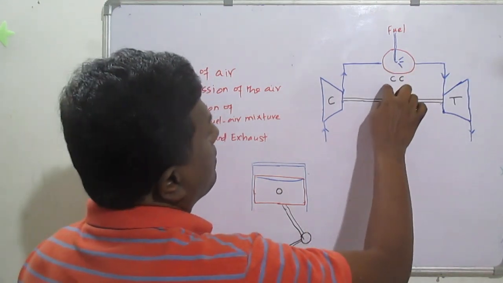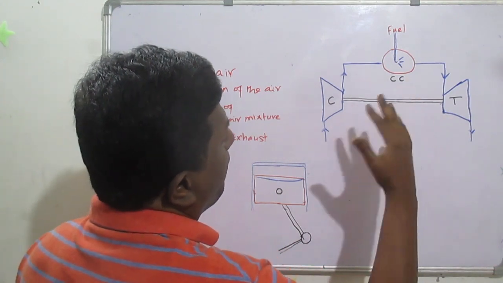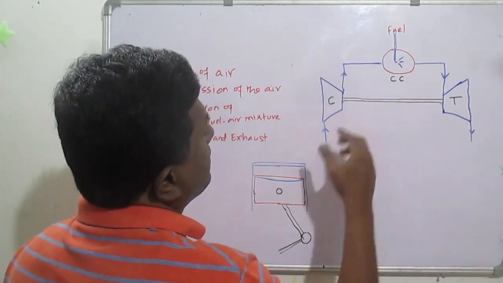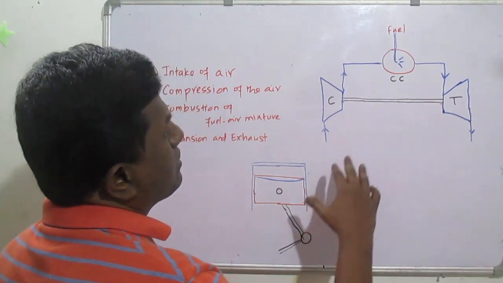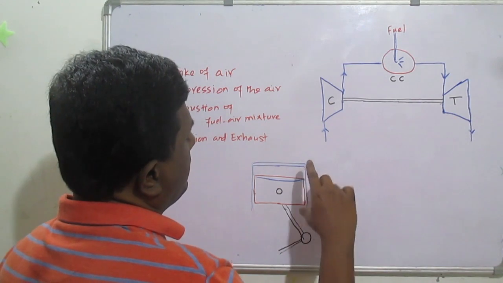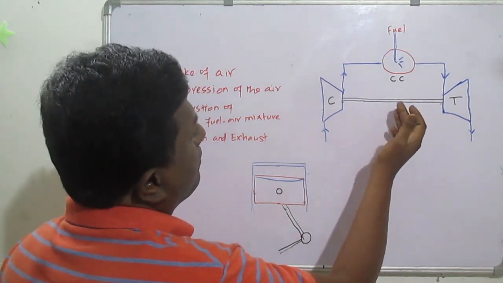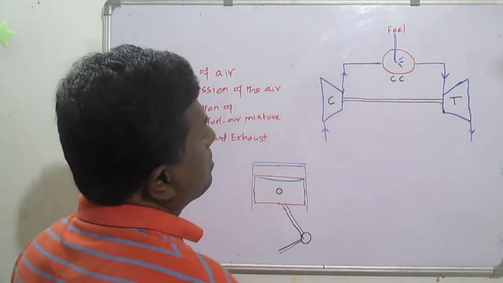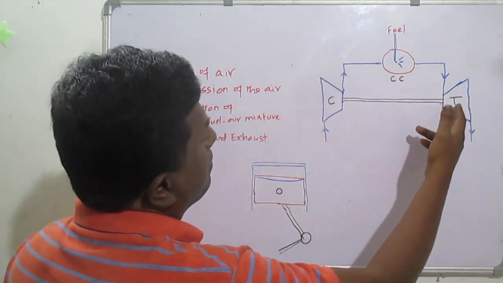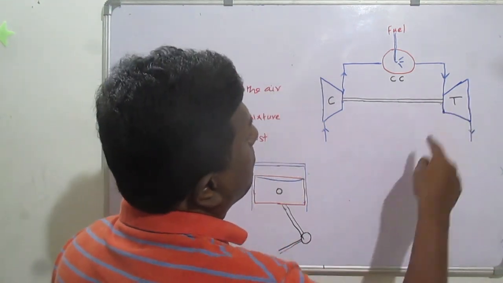That is one of the advantages, and it is how the power generated in the gas turbine engine is very much higher than in the IC engine, because here there is continuous combustion,